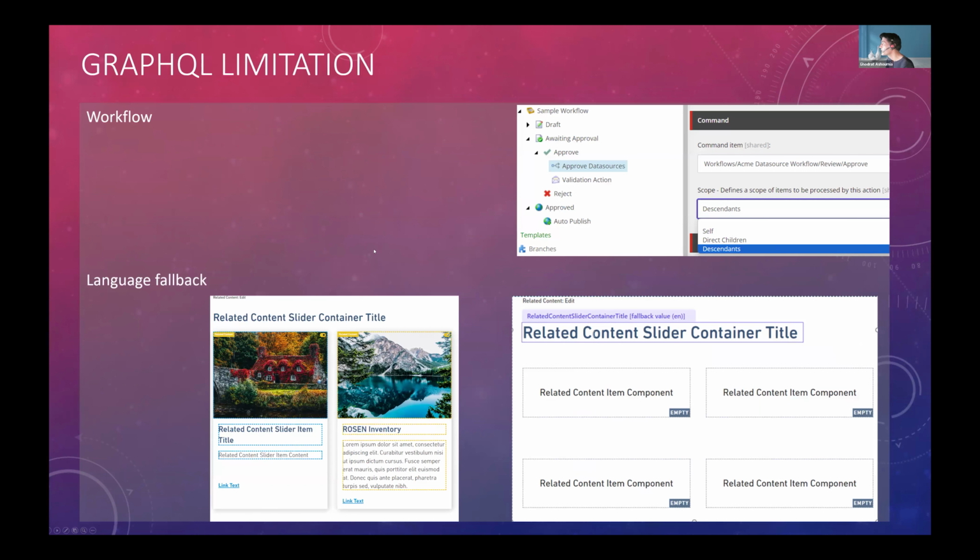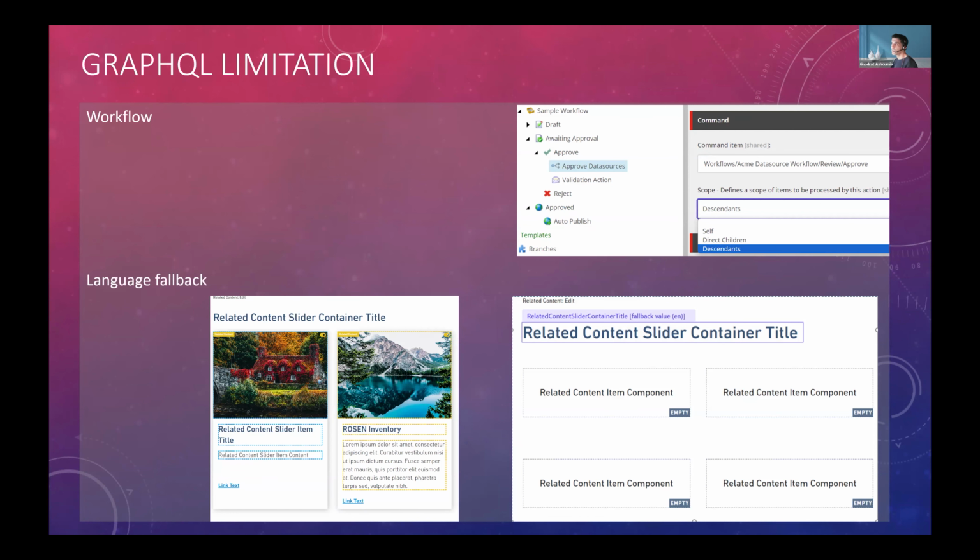Okay, the next one is a bit tricky. There are two limitations when you are working with GraphQL. The first one is about the workflow. How Sitecore works is, when you want to use the workflow and push the items or pages through the workflow, it will be applied to the components that are directly referenced in the presentation details.